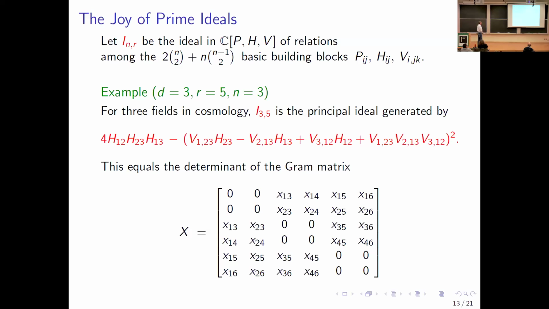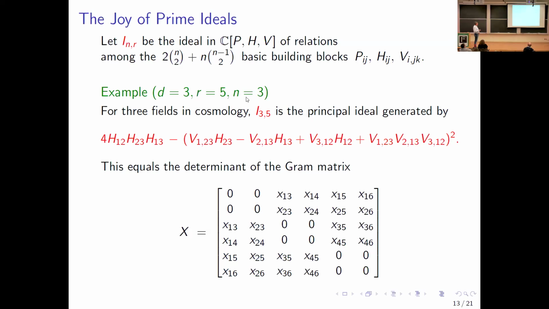So let's do another one. This is again N equals 3, R equals 3. Remember D is 2 less than R. So this is space-time for flatlanders. This is conformal field theory in a 1 plus 2 dimensional space, but in the embedding space, I go here. Now for the 3 fields, so N is 3, if I have 3 fields in cosmology,